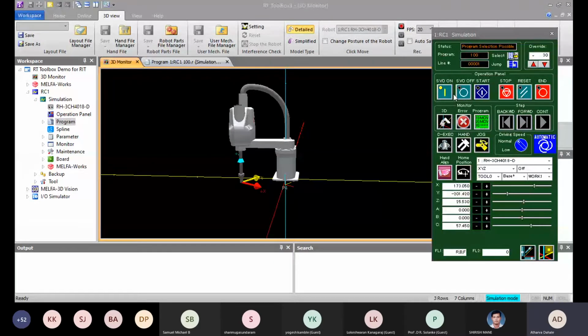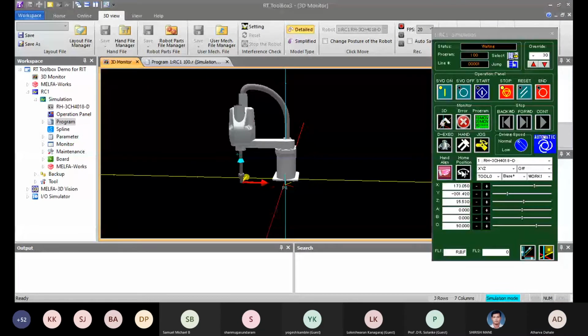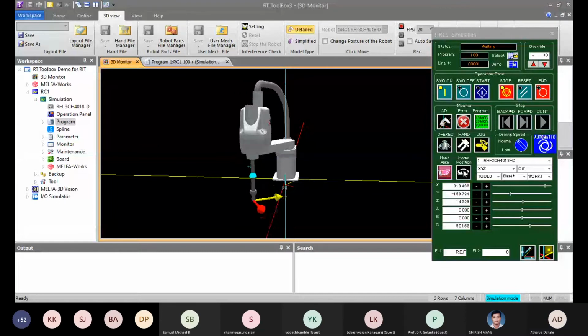As my servo is on, I just simply have to click on start so that the robot will start moving as per the program. I will try for servo on.